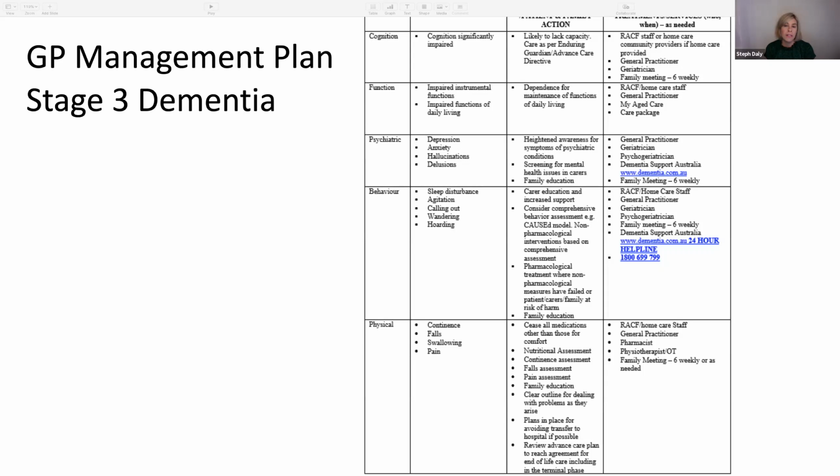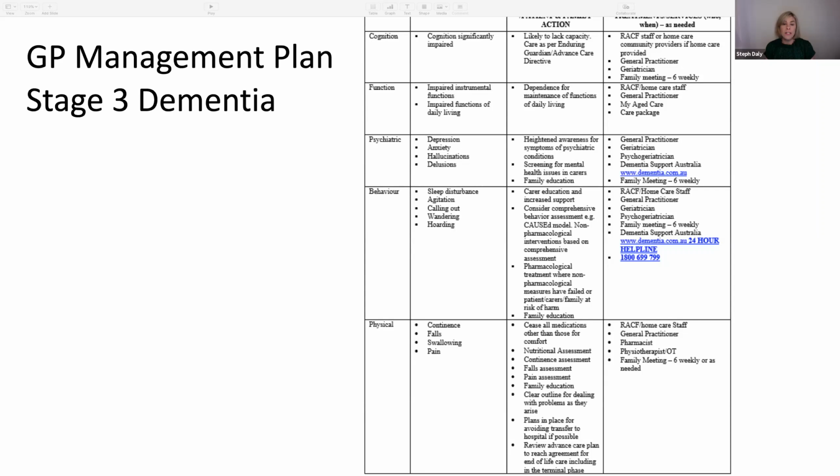If they're at home and it's simple things that they're struggling with, perhaps sleep disturbance, then you can call the dementia support line, DBMAS, for advice. They're a 24 hours, 7 days a week call line where families, nurses, doctors, anyone really can ring up to get advice about behavioural changes, because it is really in this phase that we see those behavioural changes and they can be quite challenging to manage.